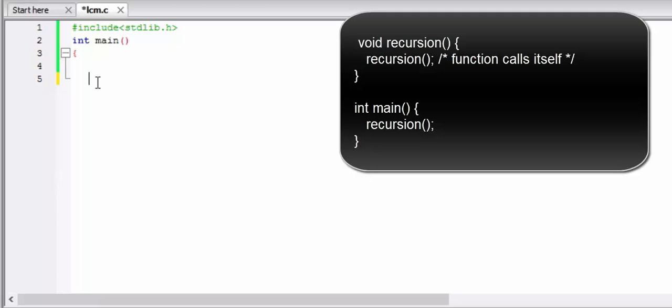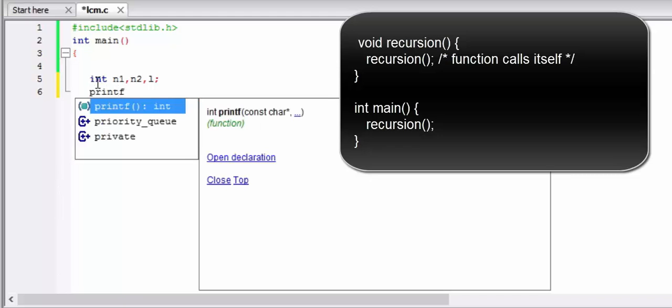So in this video we are going to calculate the LCM of two numbers. LCM, as we have learned in our primary classes, stands for lowest common multiple. So I am taking two variables n1 and n2 for the user to give input, and a variable n so as to store the value of the LCM. Now we are taking the input, enter number,